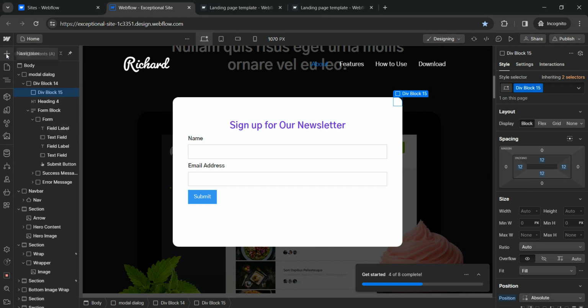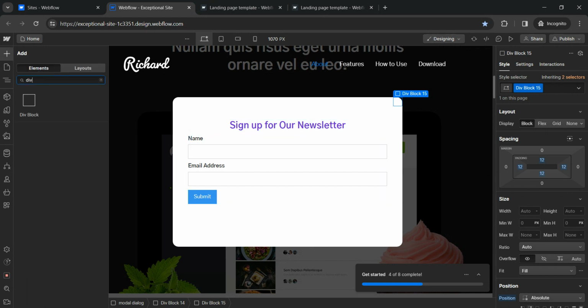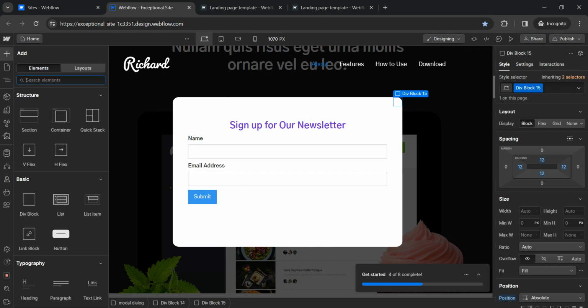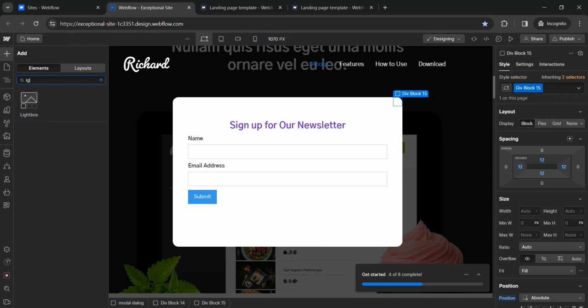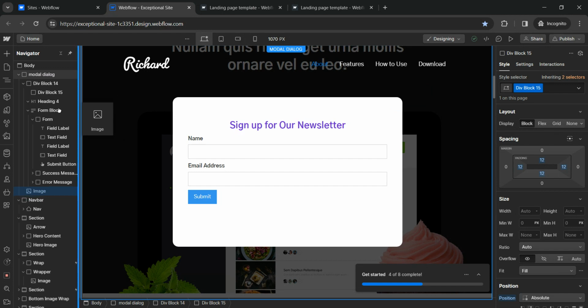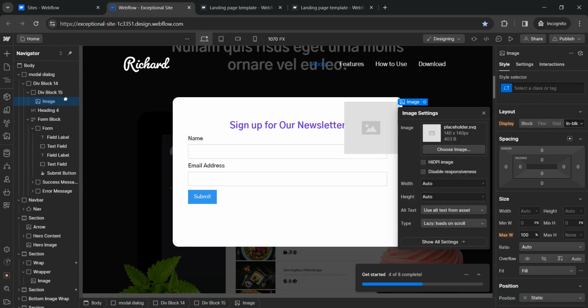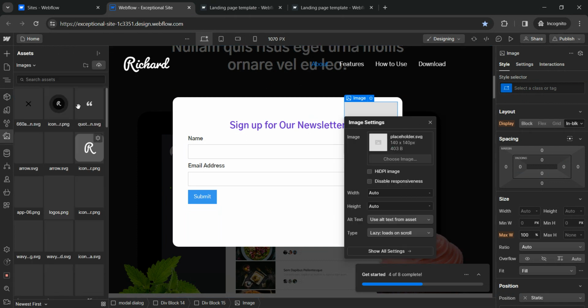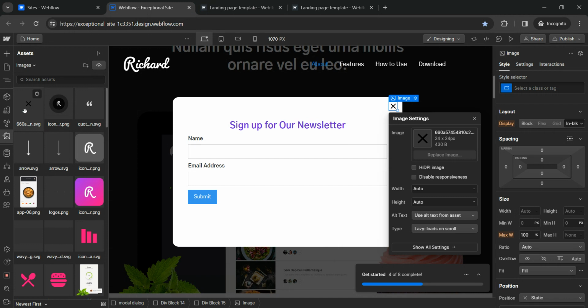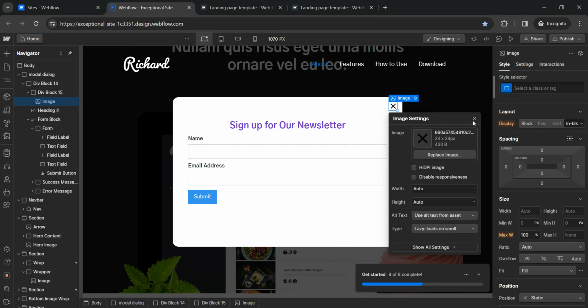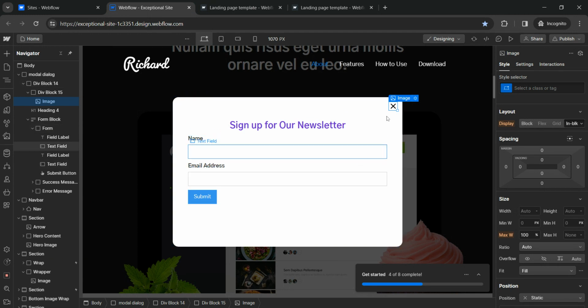Inside, I'll just add an image of a close icon. Okay, this is not an image, img image. Inside this div, I just upload. I have already an image in my media, so you can change this icon depending on your styling assets.